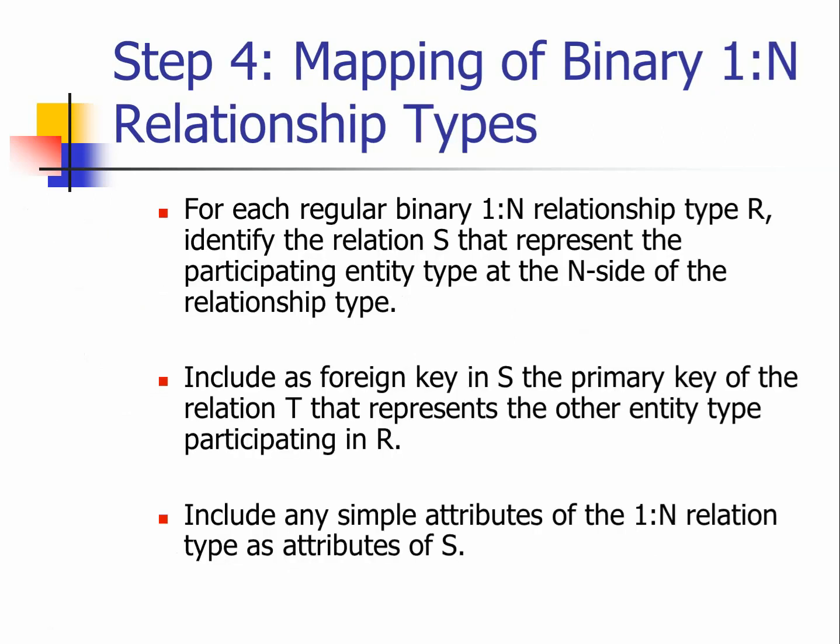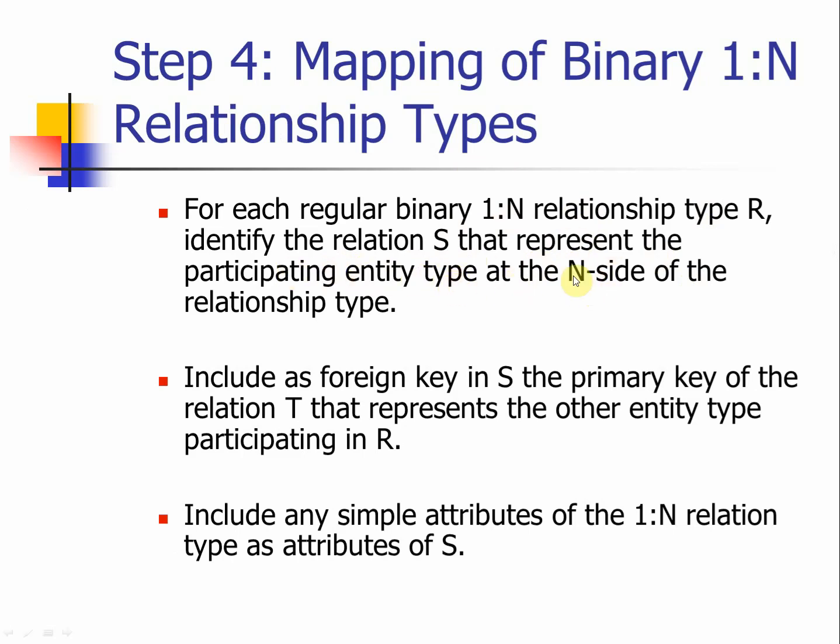Step number 4 is the next type of relationship, indicating a 1-to-N relationship. This one uses a very similar concept to what you have just learned in step number 3, using what we call a foreign key technique to solve this relationship. So for each regular binary 1-to-N relationship, identify the relation S that represents the participating entity type at the N